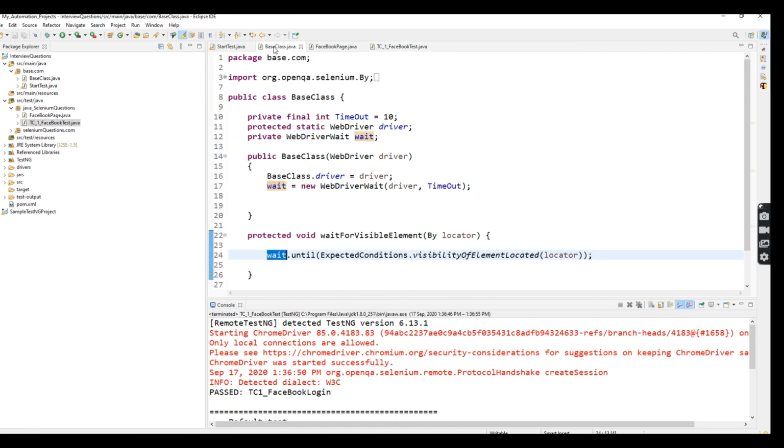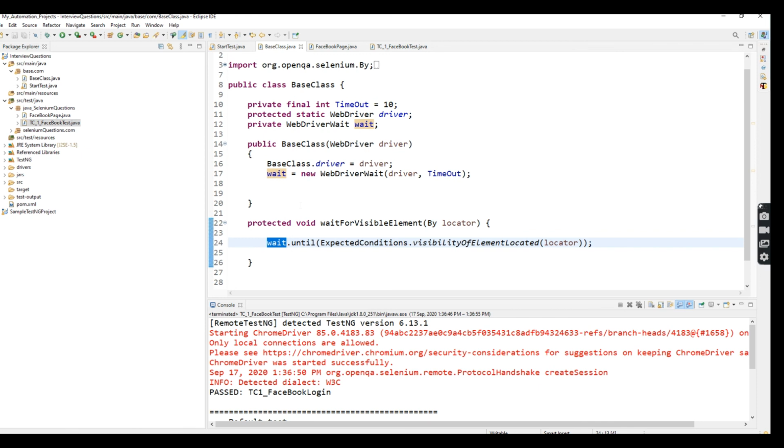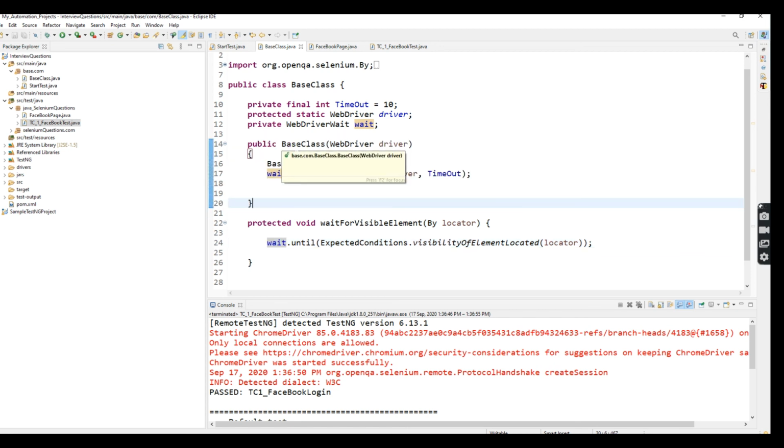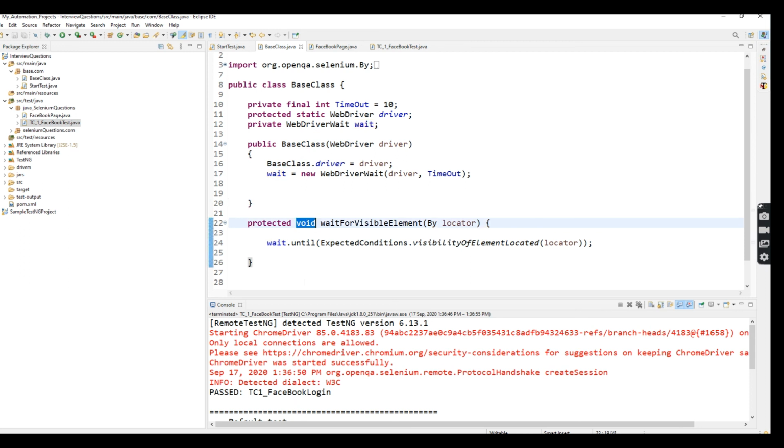So please remember what the necessity of the base class is. This is the basic concept of using the base class, and also remember the parameterized constructor. The constructor name should be the same as the class name. What is the difference between a method and a constructor? The method name should not be the same as the class name, but the constructor name should be the same as the class name, right? And the constructor does not have any return type, but a method has a return type, right? So this is the major difference between a constructor and a method.